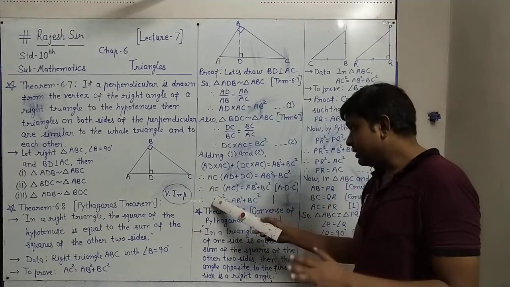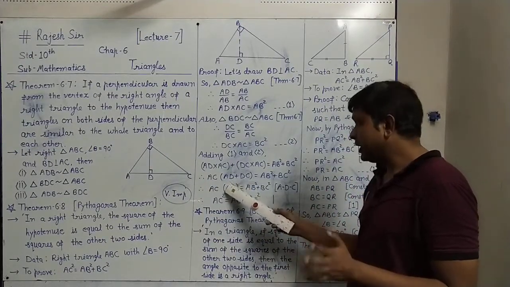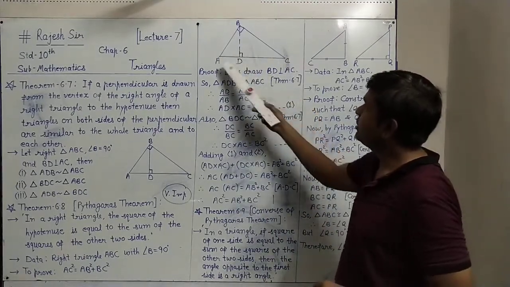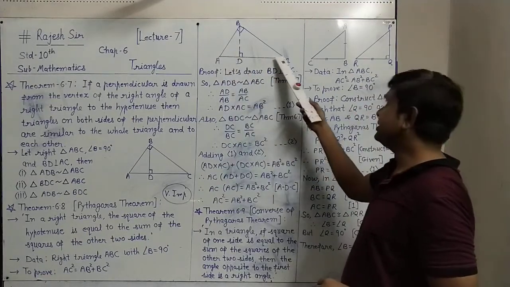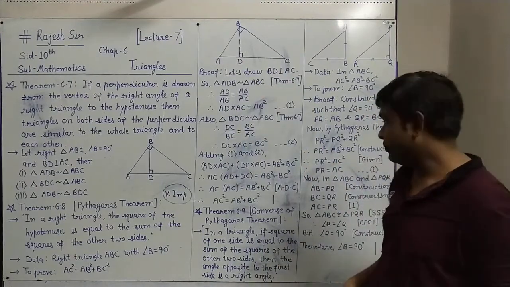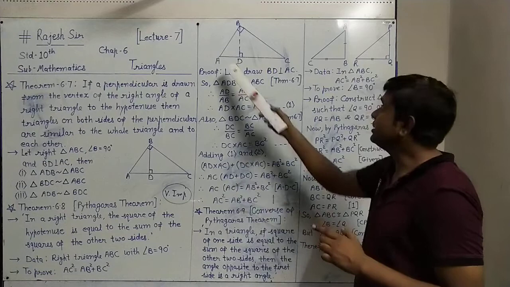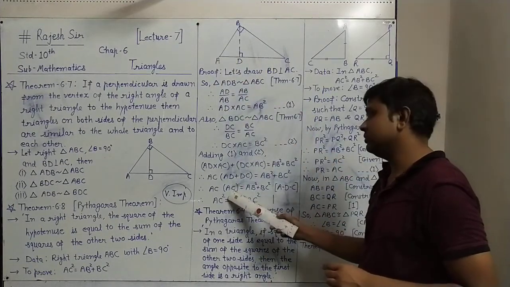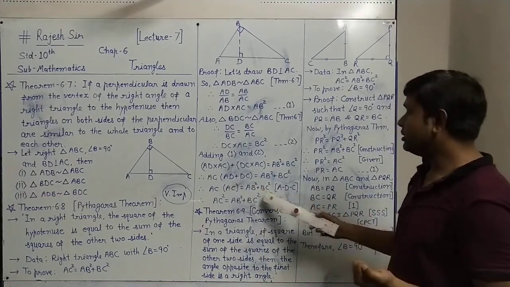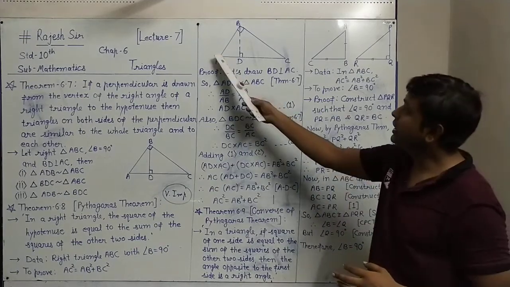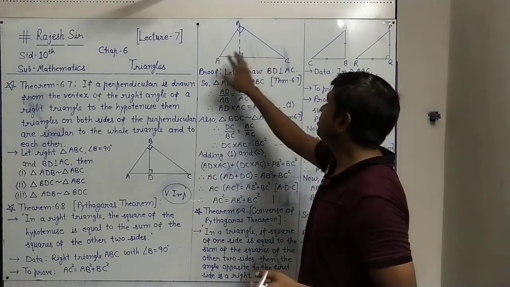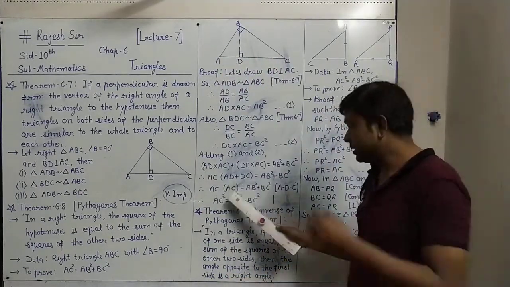Now you can see AC as it is. This AD plus DC, geometrically in the figure you see, this is A-D-C. If you do the sum of AD plus DC, you will get the whole AC, because AD and DC coincide with AC. So therefore, in place of AD plus DC, the whole AC is written, equals AB square plus BC square as it is. This AD plus DC we have written because A-D-C were collinear points. So the sum of two parts will be the whole AC part. So AD plus DC is written as AC.